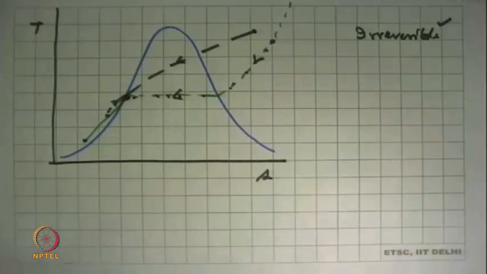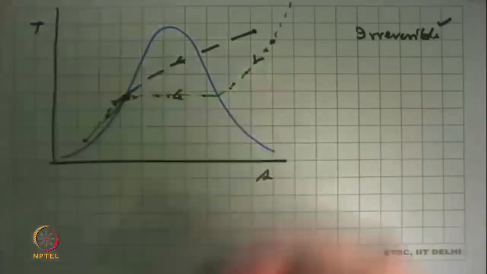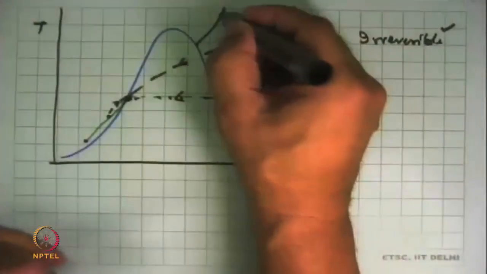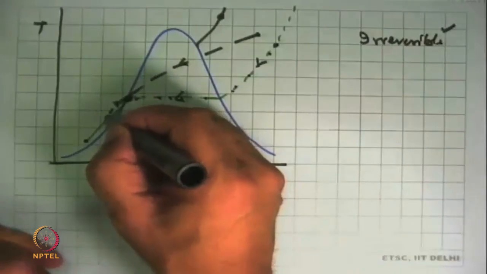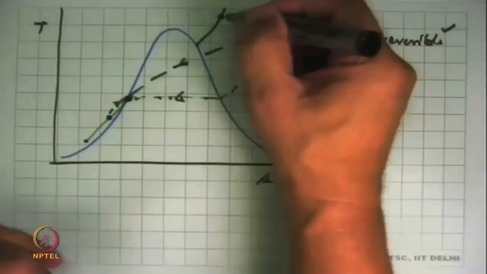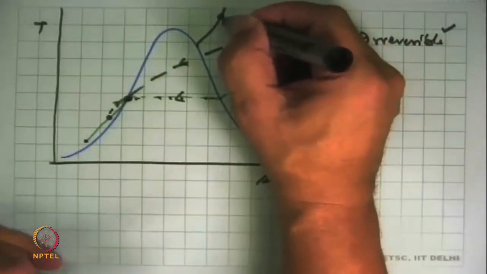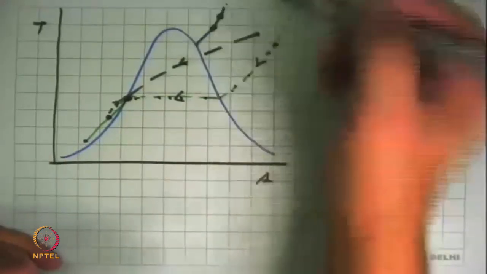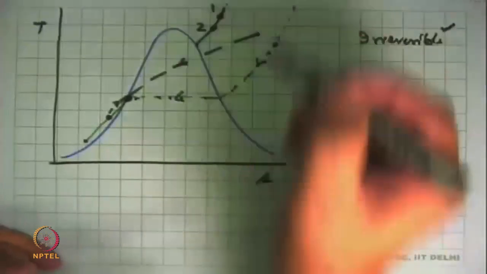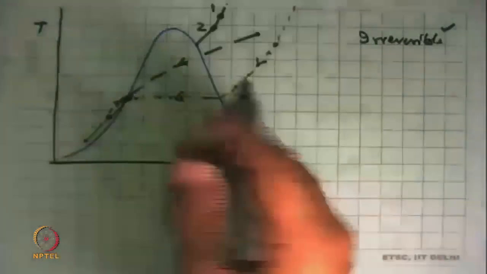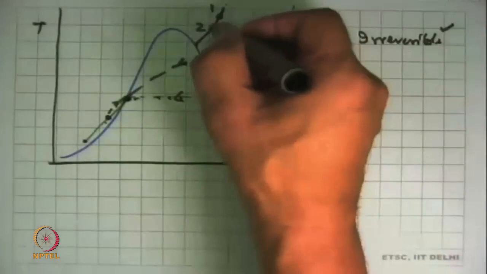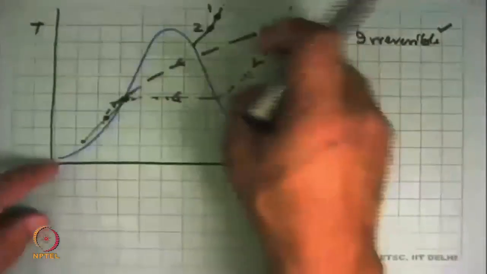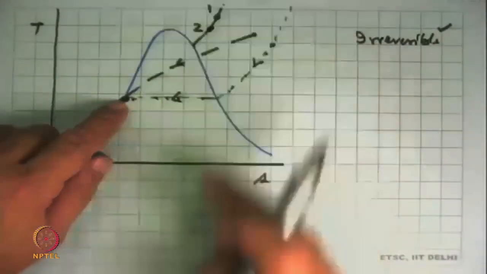In the case of the de-superheater, what we did, we had a state over there, a superheated state here, and we mixed water with it, which was at say this state, to produce a state which is at the same temperature, sorry, the lower temperature but the same pressure. So we came from 1 to 2 by mixing things. So we moved from here to here and there to there, but in this case we have moved from there and here to this place.